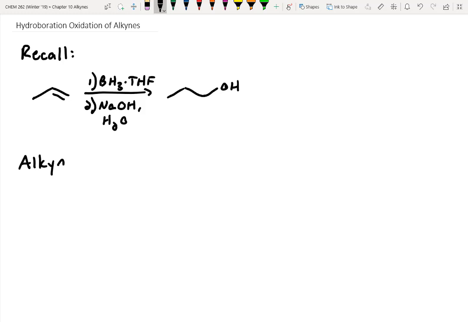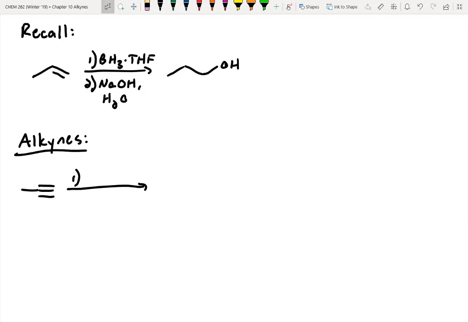With alkynes, you can do something similar. However, we can't use borane anymore. So I'll show you a quick example with an alkyne. In the first one, we're still going to use a boron-containing compound, but it's normally R2BH, followed by sodium hydroxide, whoops, I forgot peroxide there,